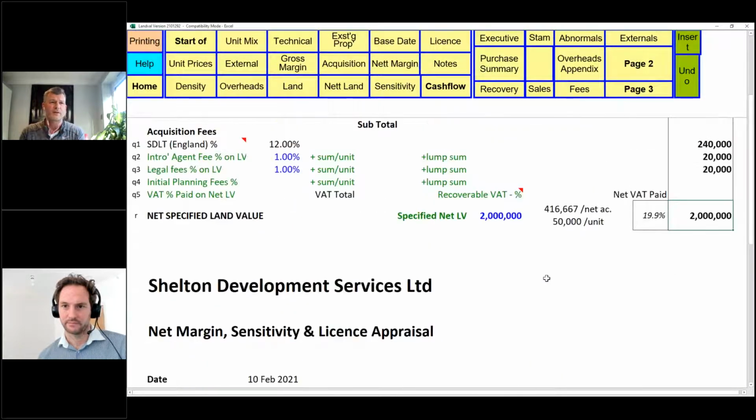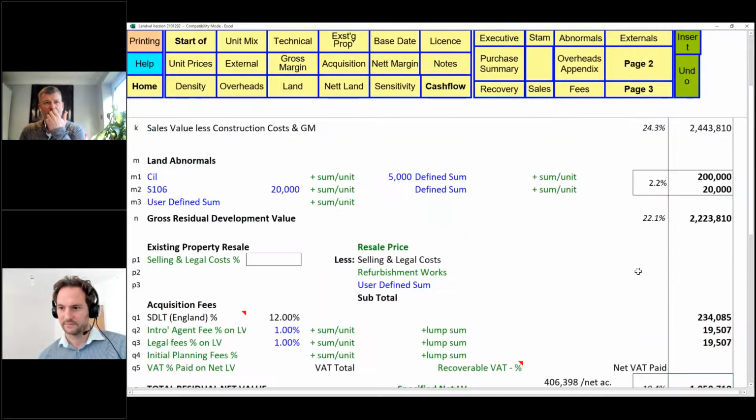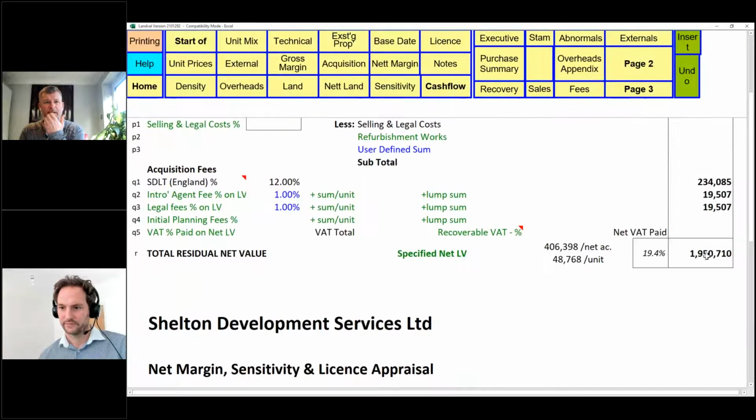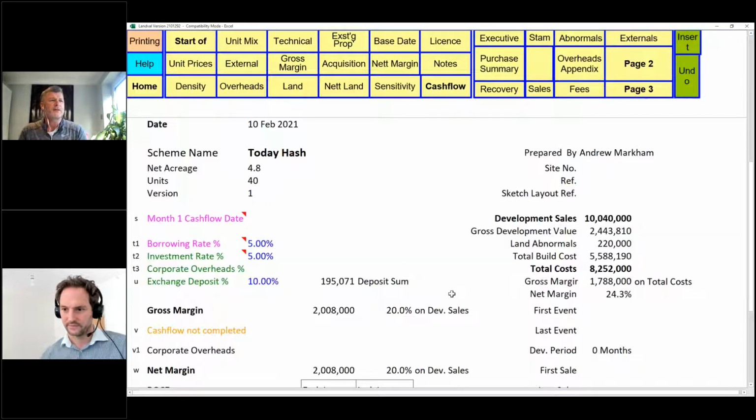What we can also then do, we've increased our land offer to that when we've got our 20% coming in. So we're nearly getting where we said, because we changed the mix. If we go back down to our cash flow now, we're looking at this as a gross position. So we could actually look at this in the net.